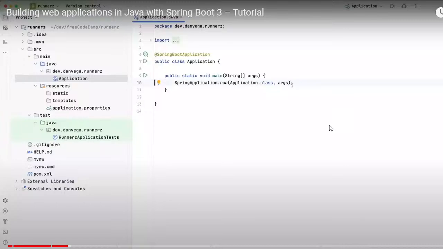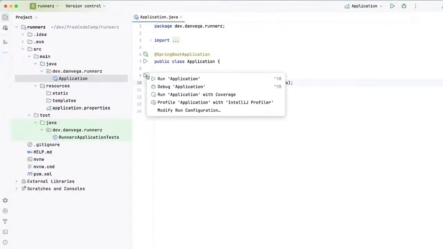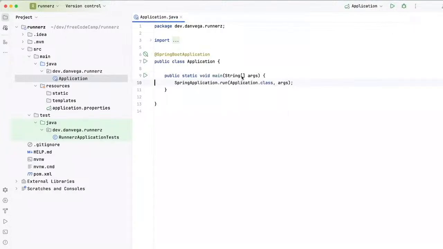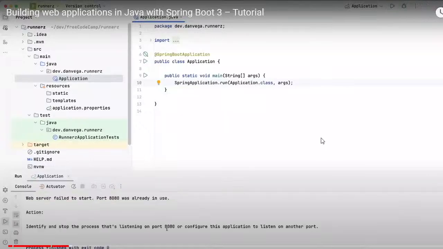So now that we know that, let's figure out how to run the application. We can run the application a couple of different ways here in the IDE. We have these play buttons, so you can run the actual class. You can come up here and hit the run button. So I'm going to just do it here, and we're going to go ahead and click run. You'll see some things going on in here, one of which is, hey, the